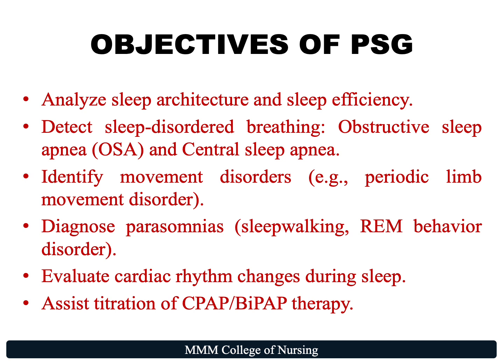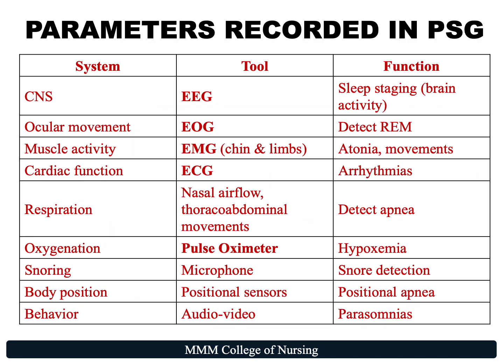PSG can also be used to evaluate cardiac rhythm changes during sleep and to assist in titration of CPAP or BiPAP therapy. Let's look at the parameters that are recorded in polysomnography. Based on the system, we will see the tool used and the function. The first is the central nervous system and the tool used is